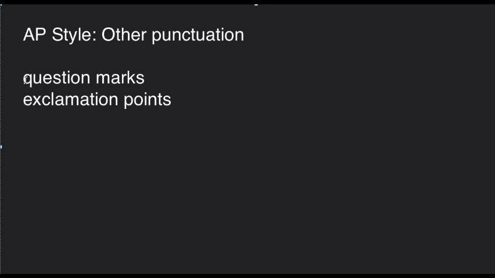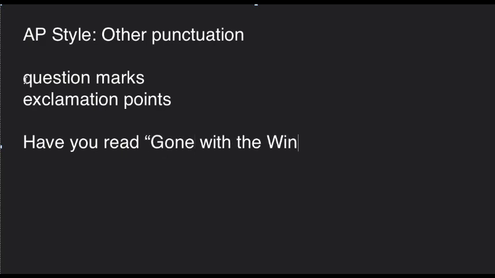So it would make a difference depending on whether the stuff inside the quotation marks was the question. Okay, so have you read, pick a book, let's see, Gone with the Wind, and then we would put book titles in quotes. So